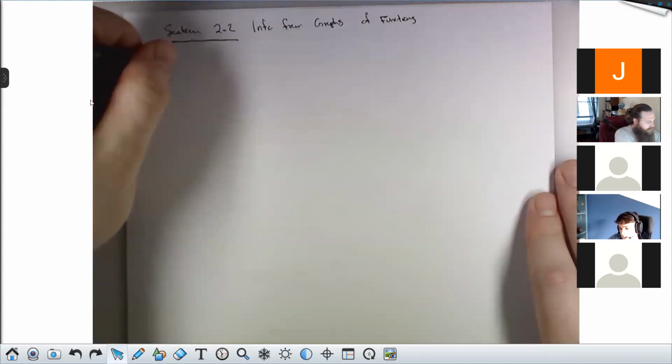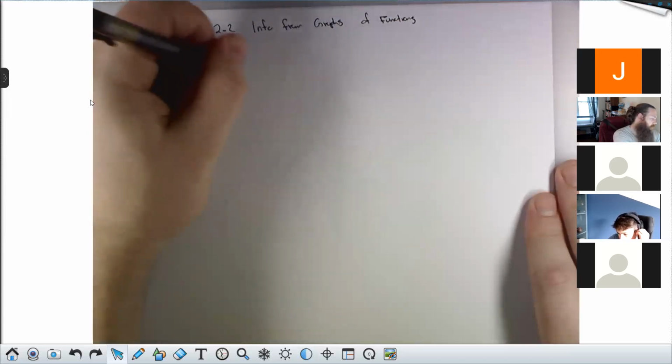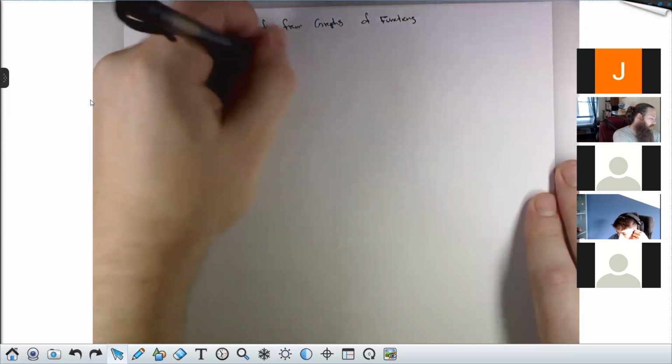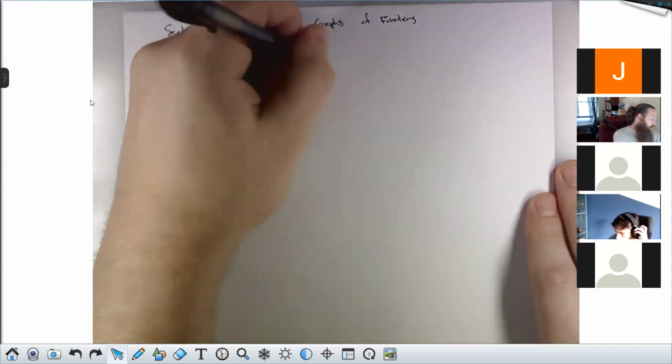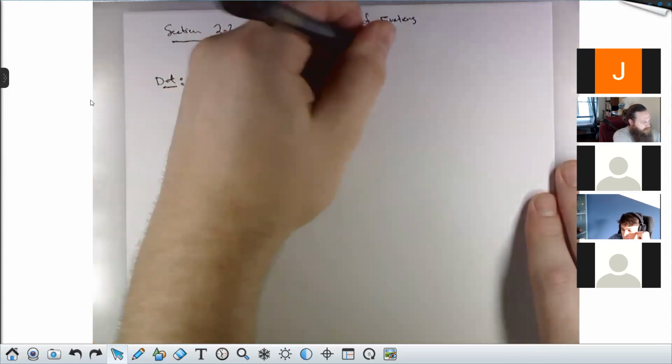And the definition, the graph of the function f of x